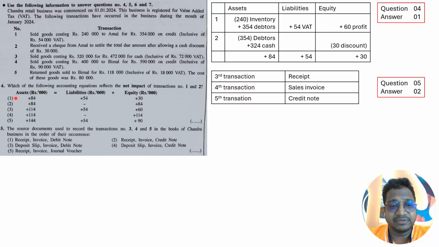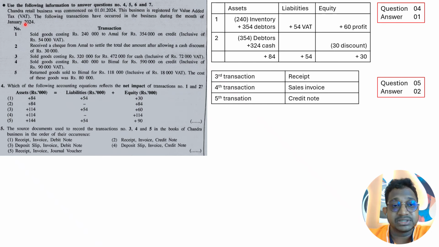In the fourth one, they are asking which of the following accounting equations reflects the net impact of only transactions number 1 and 2. The equation is given here: assets equals liabilities plus equity. Here are the assets, here are the liabilities and equity, and they are asking only for the net impact of transactions number 1 and 2. The first transaction: sold goods costing 240 to Amal for 354 on credit, inclusive of 54 VAT. And here it's clearly saying this